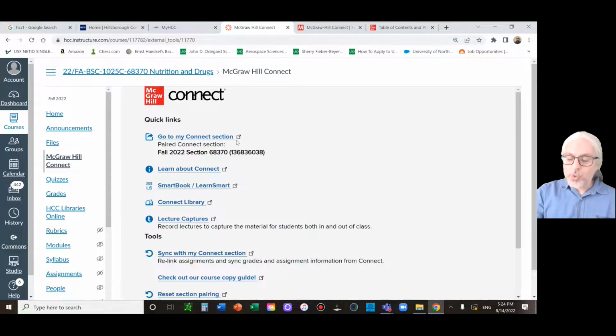Now, if you want the ebook, you have to go to the bookstore and buy the access code. Everything you need is in the access code. Then register on your computer, and then you should be able to get into Connect. I've already got my course linked for me. This is like me doing the access code. You have to do it for yourself. You need that access code again from the bookstore, and then you get what you want.